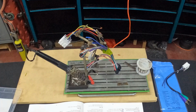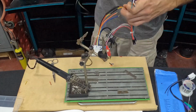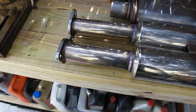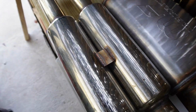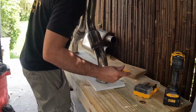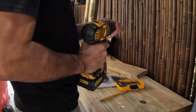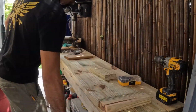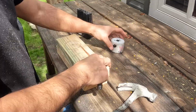Once I had his wheels painted, I started working on the wiring harness for his radio system. The head unit on the vehicle was the original one and definitely benefited from some updating. I also did some tuning on the exhaust. This was a must. Ever since he started running the test pipes in the vehicle, the exhaust tone was too loud and too raspy, so we decided to put a MagnaFlow X-pipe in between where the resonators sit on this